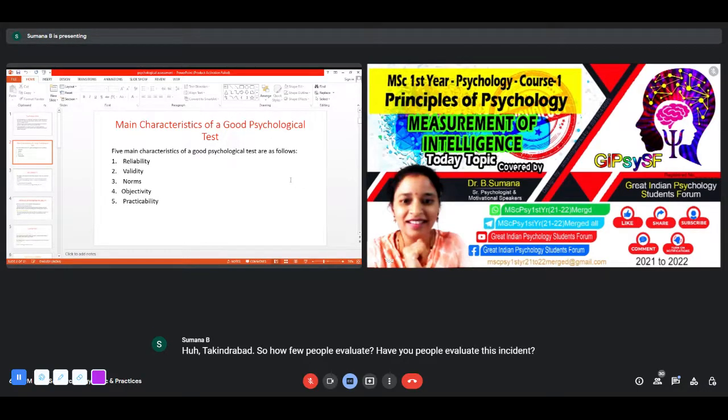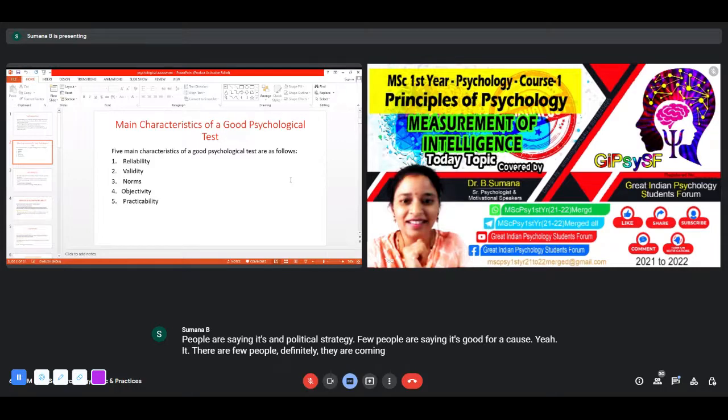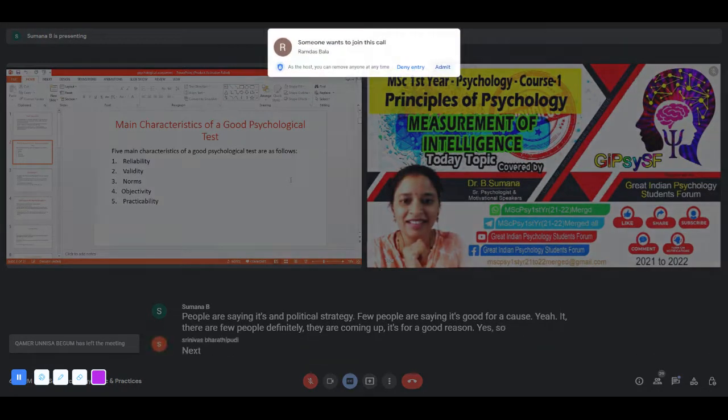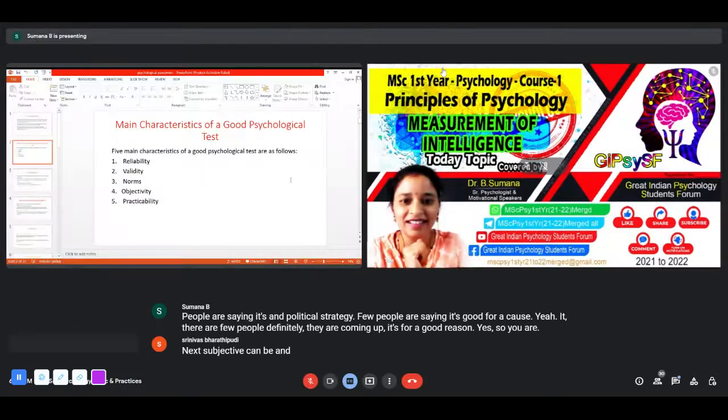Few people are saying it's a political strategy. Few people are saying it's political opposition. Few people are saying it's good for a cause. There are few people definitely coming up saying it's for a good reason. So subjective can be a statement which is related to a person